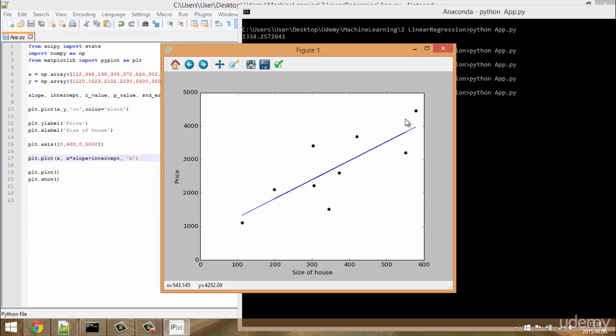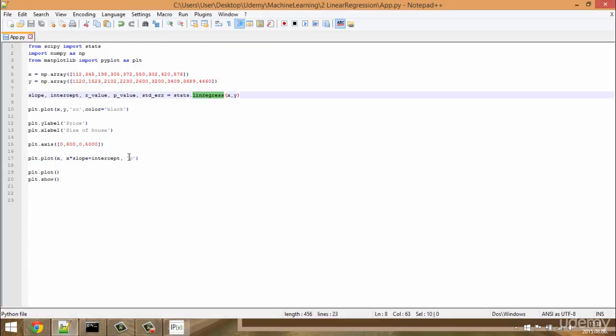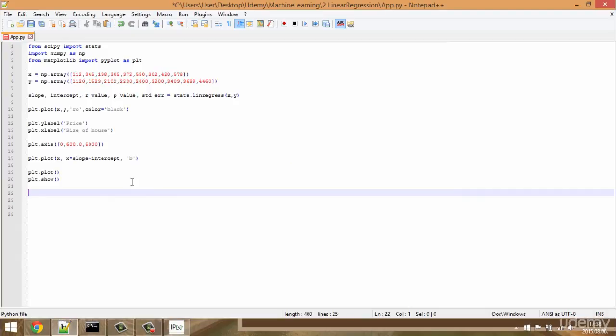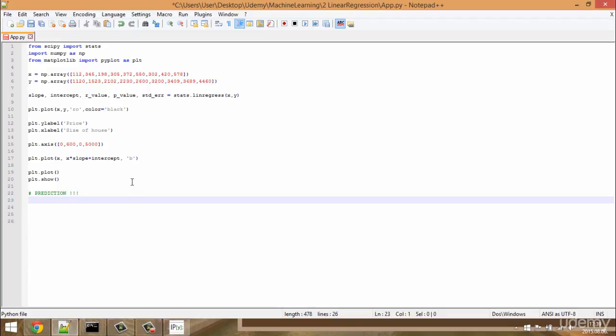and yeah, there's a beautifully fitted line, and this stats.linregress calculated all the parameters we need, the slope and the intercept. And here's the interesting part, because with the help of this model we get this line. So whenever, for example, we want to make a prediction, that's why we use this model, because for example we have new data and we would like to calculate the price of a house that has the size, for example,